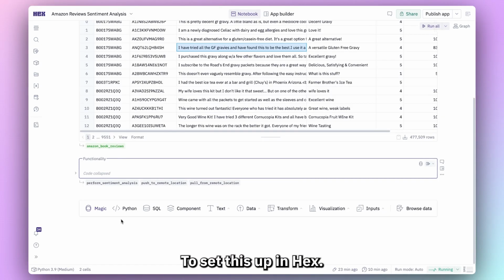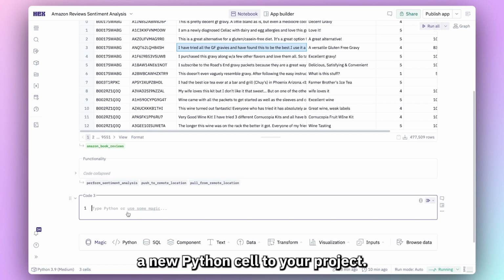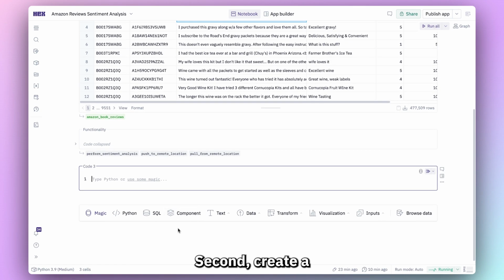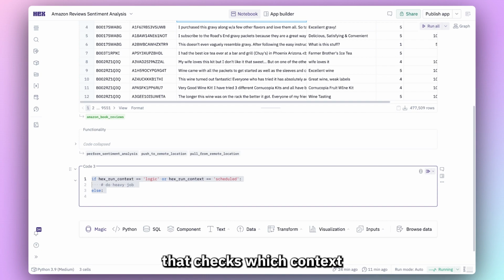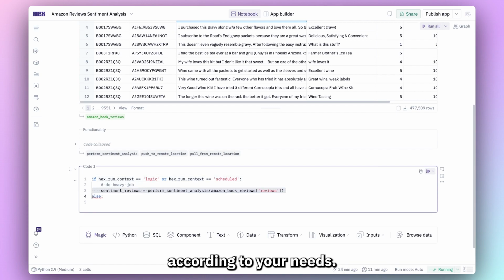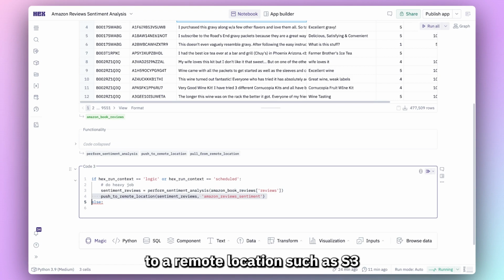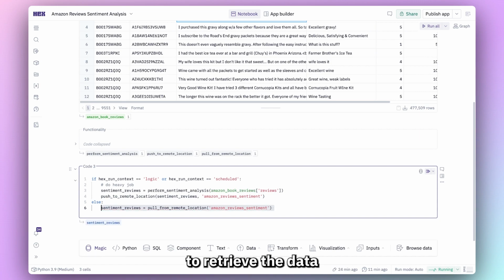To set this up in Hex, first, you're going to want to add a new Python cell to your project. Second, create an if-else statement that checks which context the project is running in. And you can change this according to your needs. Third, you're going to write the logic that performs the heavy job in the do heavy job section. Then save the results to a remote location such as S3 or a data warehouse. And fourth, we're going to write the logic to retrieve the data from a remote location, such as S3 or